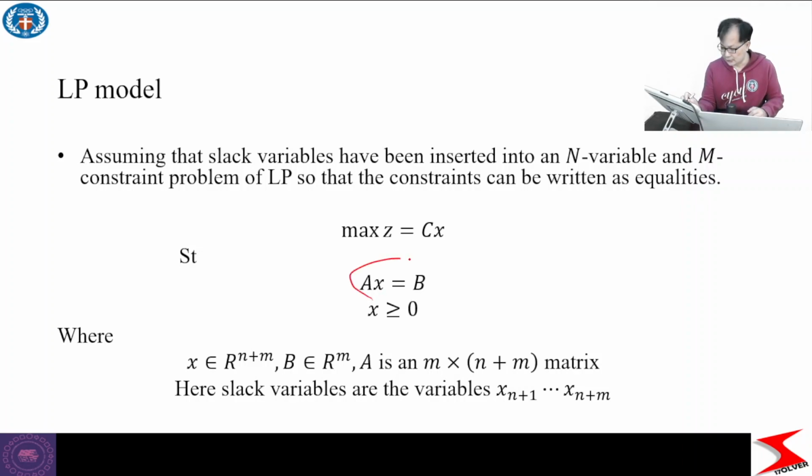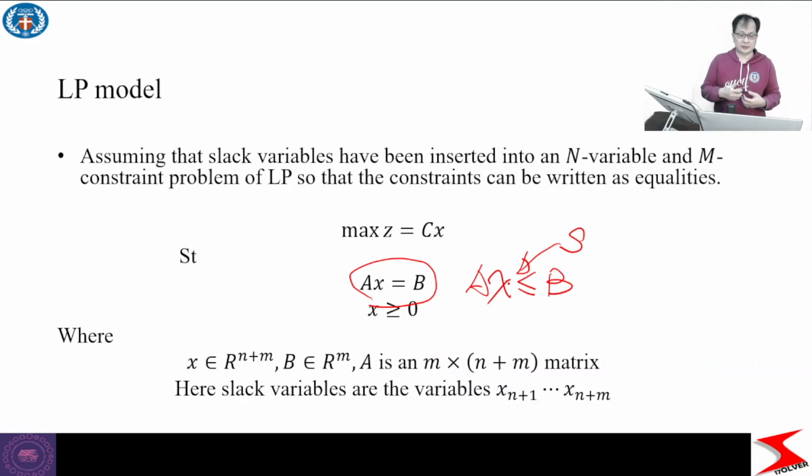Okay, so here the original is Ax less than or equal to b, then we add slack into that, but we do not use the symbols s1, s2 and so on to sm. We use x_{n+1} to x_{n+m} in order to do the proof. Okay,